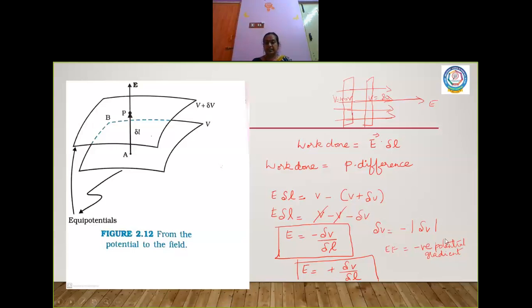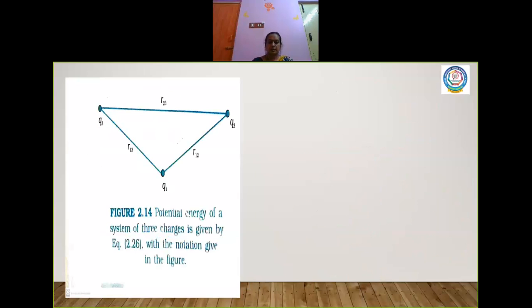Now the unit for this, of course, again here dou V is the change in potential and dou L is the change in length. So potential is measured in volt and here it is meter. So volt per meter is also the unit for electric field. We also know another unit for electric field from one more formula: force per unit charge, which is Newton per Coulomb, right? Otherwise I can also write volt per meter, which is also the unit for electric field. Is it clear, children? So go through this concept.